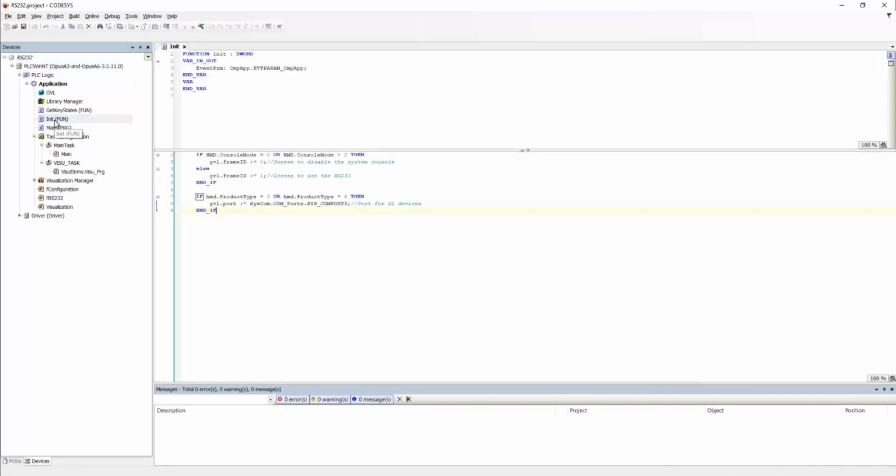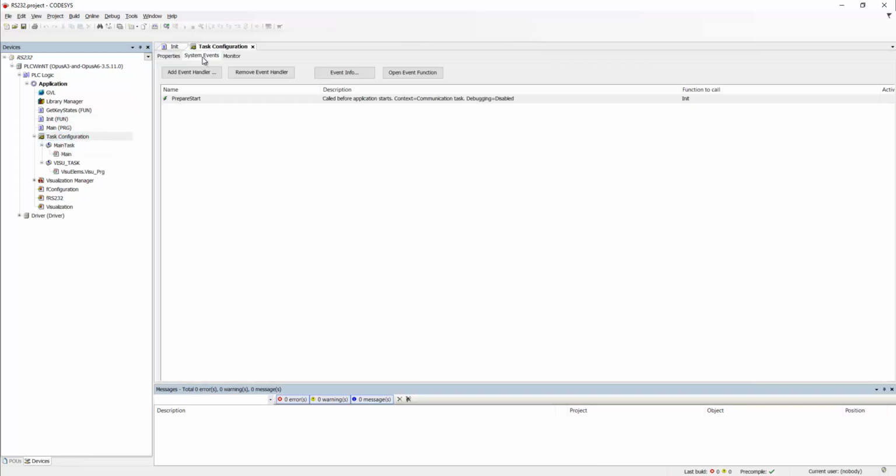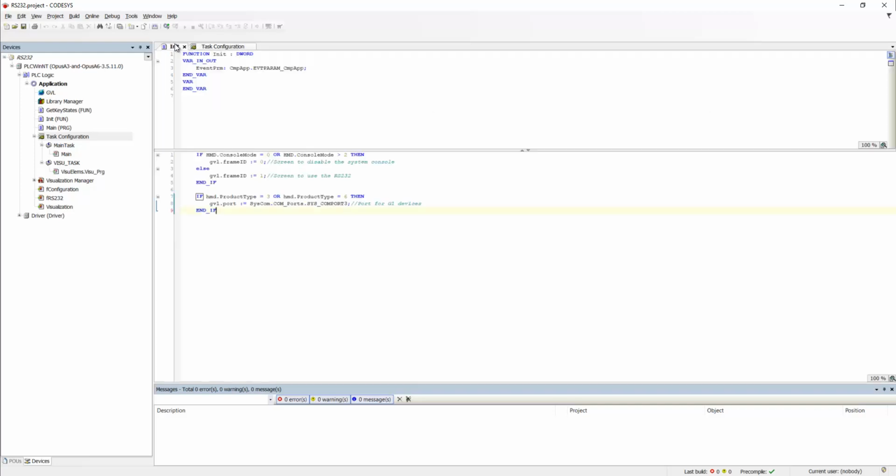First of all, we have an initialization function. This one will be called on the event prepare start. Here you see the function to call init. And in this function, first of all, we will check if the console mode of the device is already set